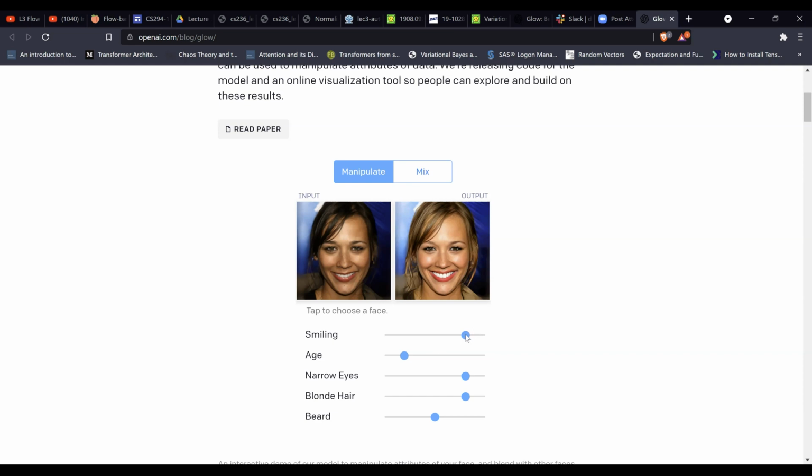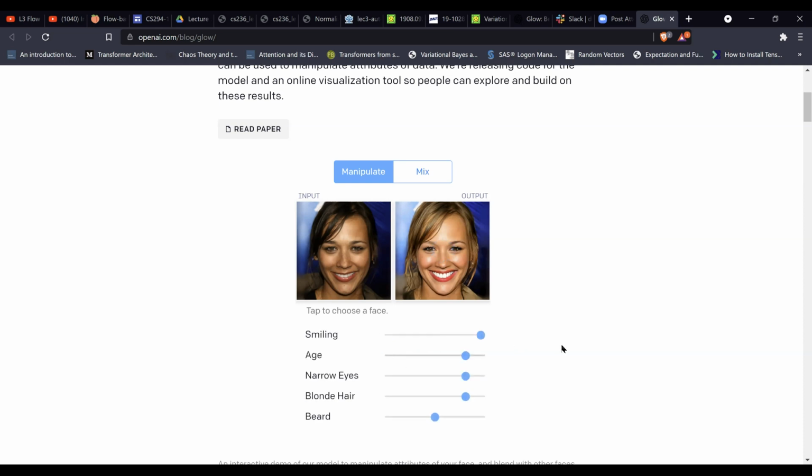And once you have that, you can play around with it and say, okay, I want to take this image, send it through the network, figure out the corresponding point in the latent space, then shift that point by some amount in the direction I'm interested in, and run it back through to see what I get. So we take this original picture and we can make her frown, or at least not smile, make the smile bigger,